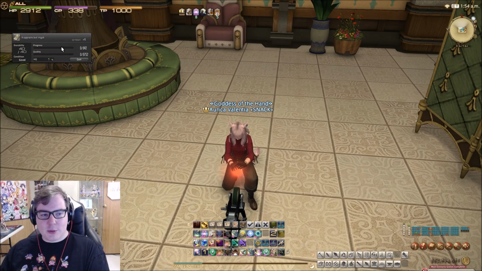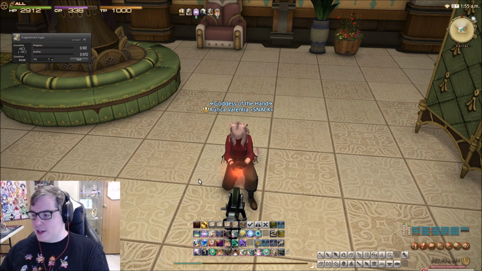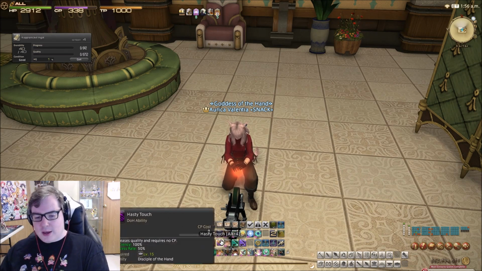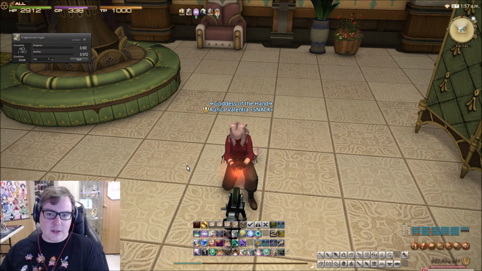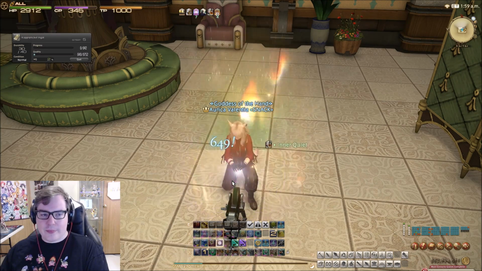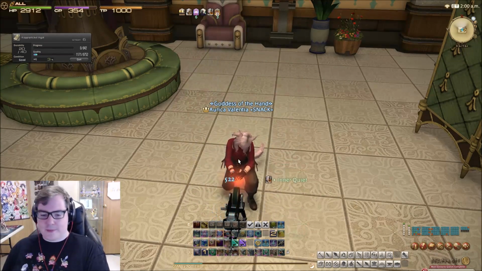You also have a couple options when you hit good. You can either Tricks of the Trade there if you really want to pay attention, or you can Precise Touch if you have more CP. Tricks is usually safer, but if you're me, you're lazy, so you just Hasty Touch through it. I just don't like to think, so...